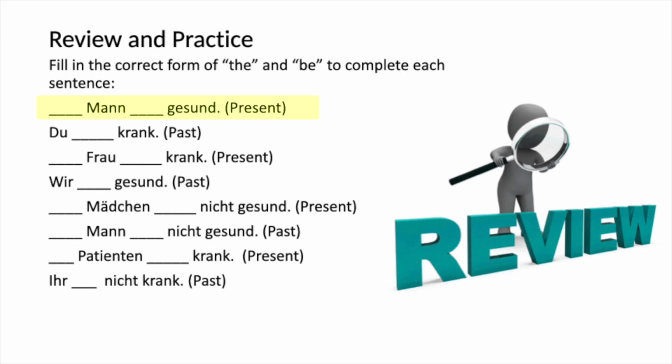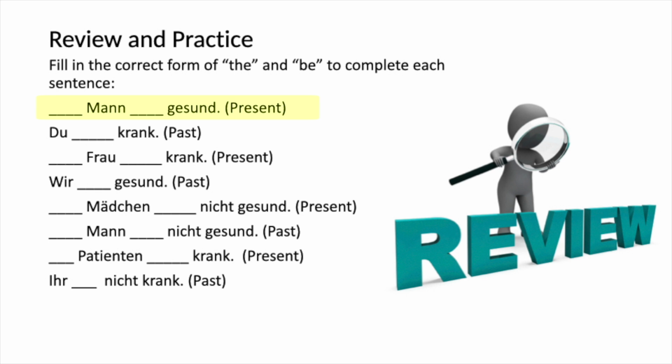So we'll do the first sentence together as an example of this. Blank Mann, blank gesund in the present tense. Well, this is the man is healthy. So because it's a man, it's masculine. Der Mann ist gesund. So go ahead and complete the rest on your own,